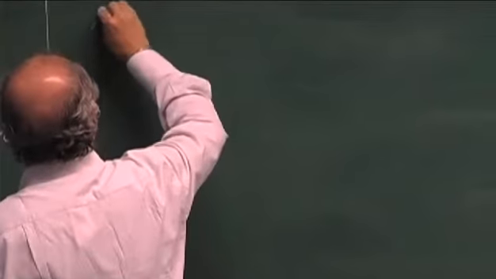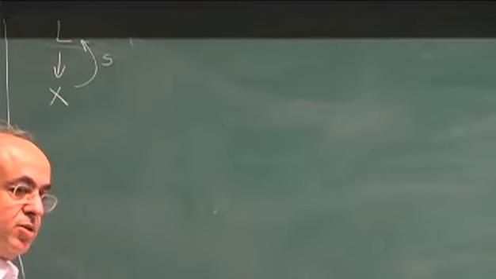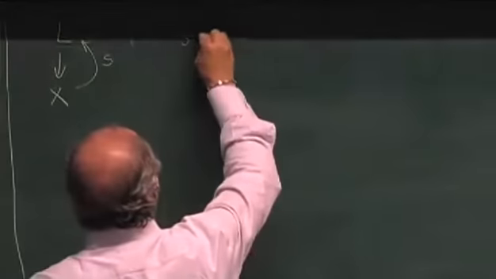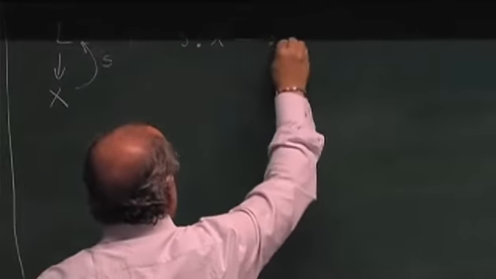Let's see a few things about what we can do with a line bundle over a complex manifold. So X is a complex manifold, and I have a line bundle on it. Suppose now I have a section of this line bundle. By the way, let's spend a few minutes to discuss this fact. I said, let's suppose we have a section. So far, as I'm talking about bundles, we didn't say what a section is, so I define now what a section is. A section is a holomorphic map from X to L,